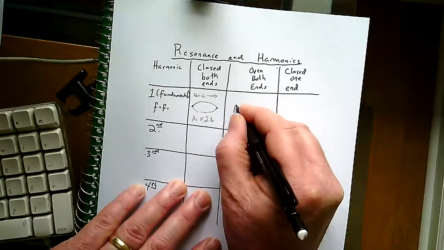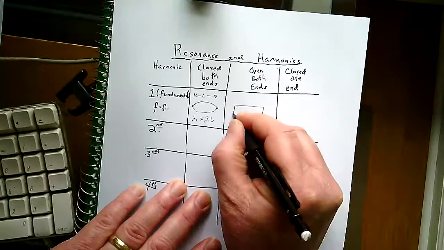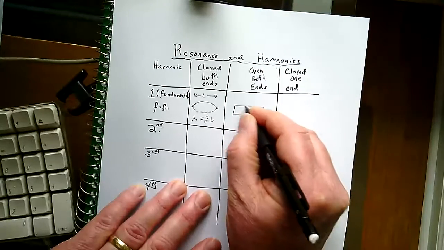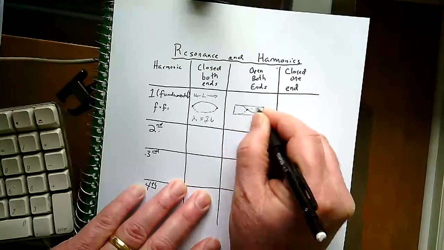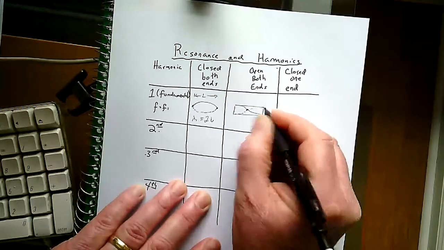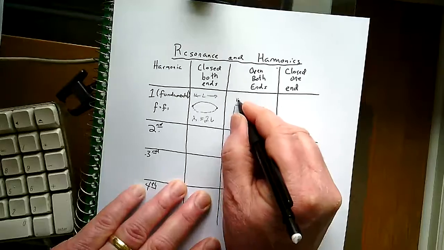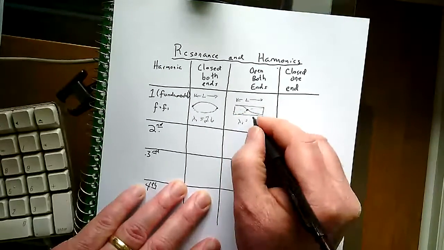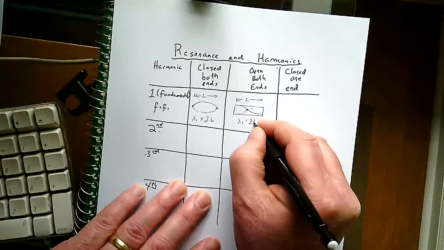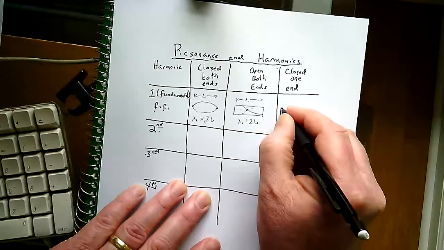If I'm open at both ends, I just have one node in the middle. And again, going from the top to the bottom is half a wavelength. So again, if this is L, wavelength 1 is going to be 2L. But if it's closed at one end,